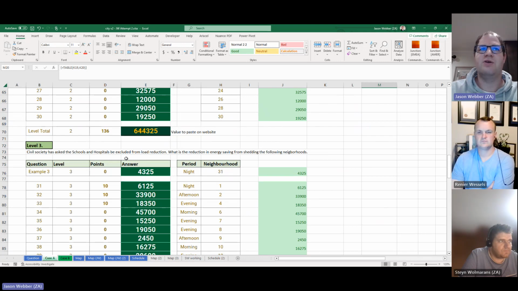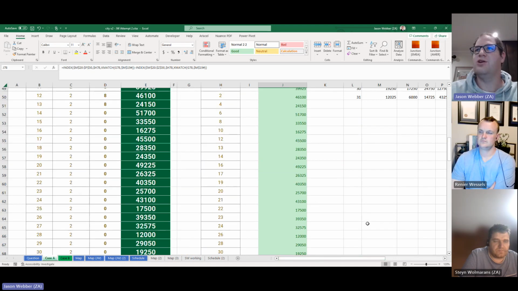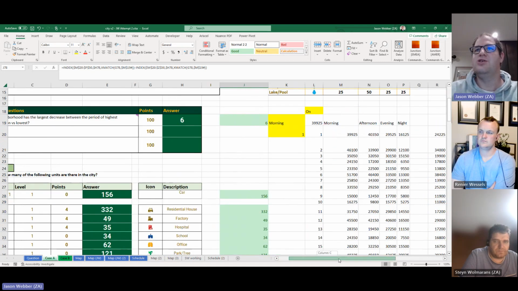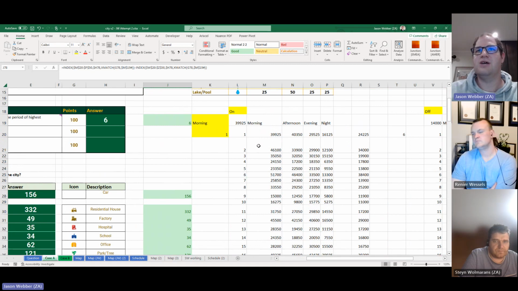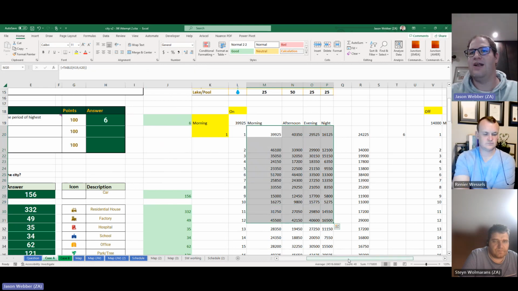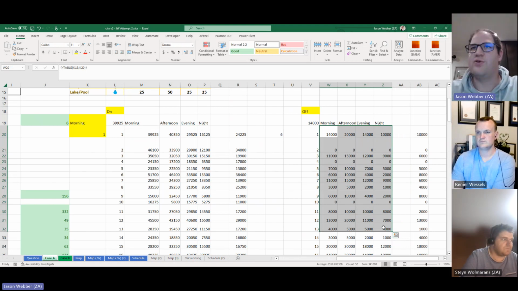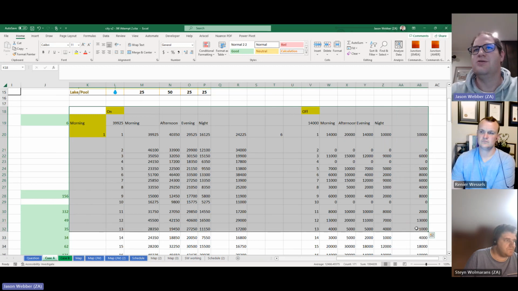Then, talking about the reduction in energy saving from shedding the following neighborhoods, I was able to say the difference between shedding the same neighborhood at the same time of the day, but with the schools and hospitals on or off. I just took one value, subtracted the other value, and that gave me the answers for level 3. But I must admit, I spent some time getting to this point, and initially trying to be a bit more